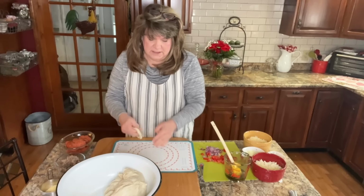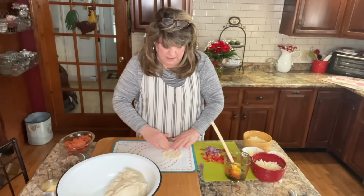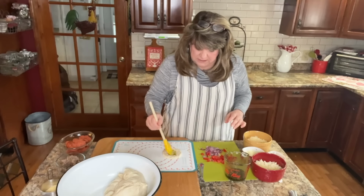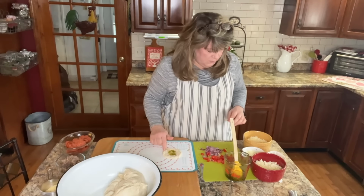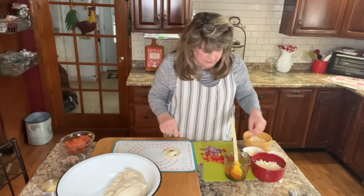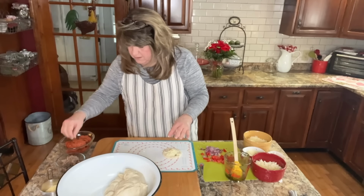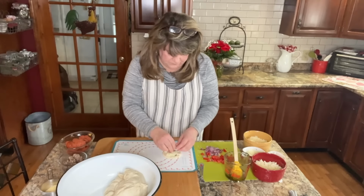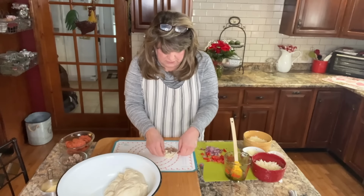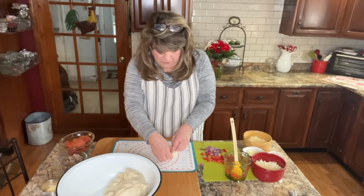And you can do it on this or in your hand. I'm going to lay it right here. I don't know if you can see this that great, but so just kind of flattening it out. I'm going to just brush it a little bit, just in the middle, with my flavored oil. I'm going to put some Parmesan in there. I'm going to put some cheese. And then this one I'll make sausage. Now if you want some veggies, you can add those, but I think this one's going to be fine just with sausage. Then I'm going to bring it up and pinch it on all four sides,